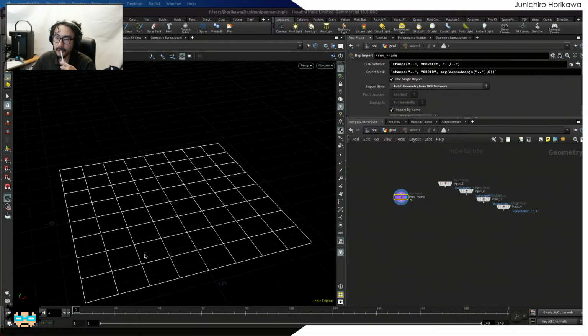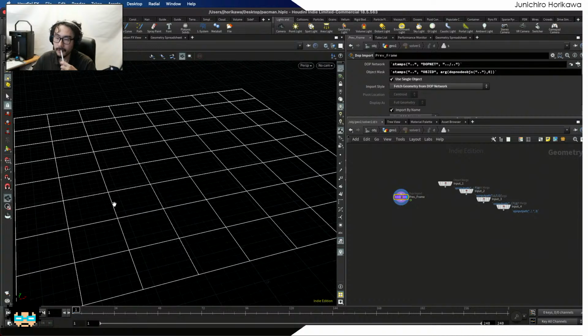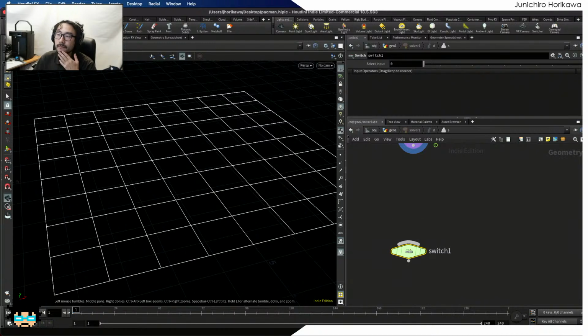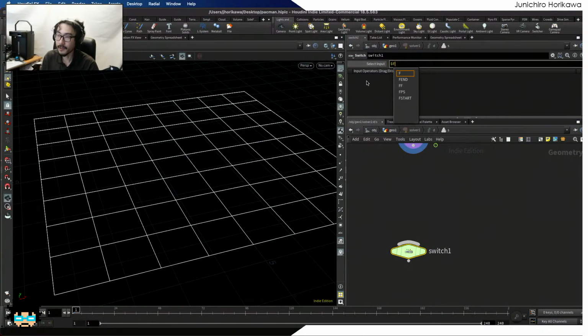So that's what I would like to do, and the timing that I need to do those calculations should be at any time the point has come to the first point, or the edge of the point, or on top of this node. Okay, so let's say every 20 frames for now. I'm going to create a switch and let's create some expression. If the current frame